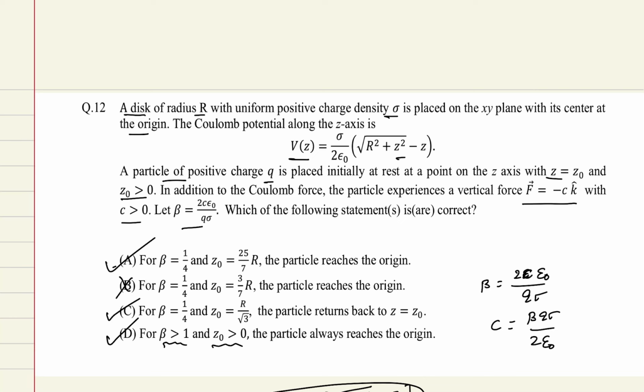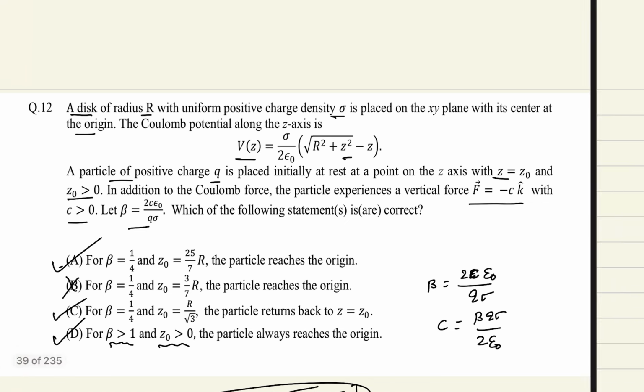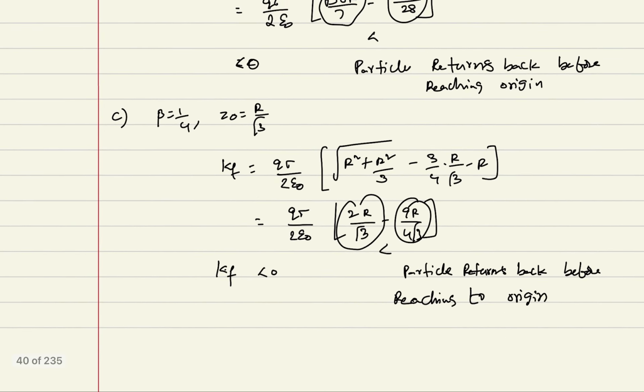So from this we can see option C they have given as it returns back to z is equal to z naught. So there is a possibility of giving z is equal to z naught. So from this we can see the correct options for question number 12 are A, C, D or